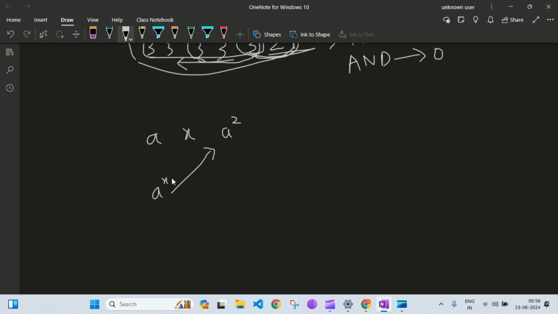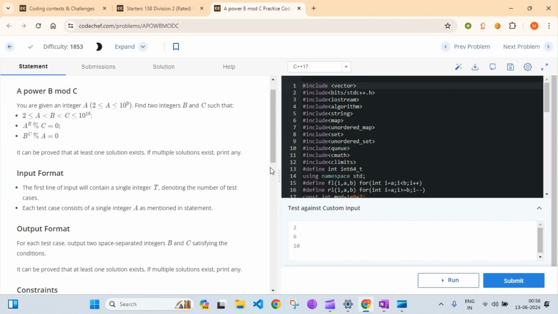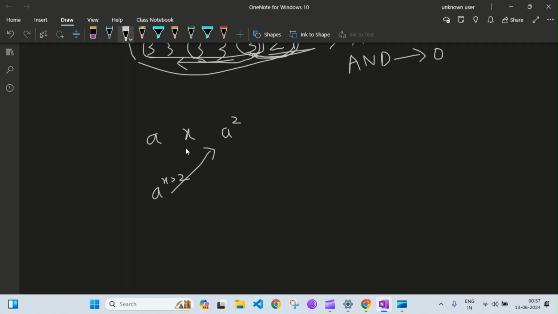If x is greater than 2, right? And similarly, what the second condition was, like this x to the power c, which is a square. So x to the power c, that is a square, must be divisible by a. So for this, what we need to do, like this x must be a multiple of a, right? Then only if you divide this base, no matter what the exponent is, it will definitely be divisible by this